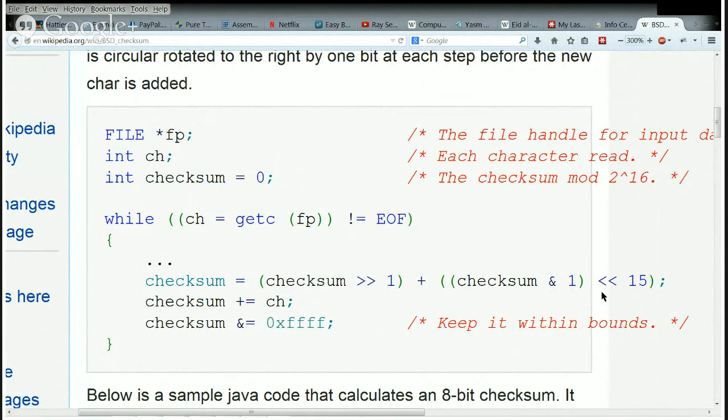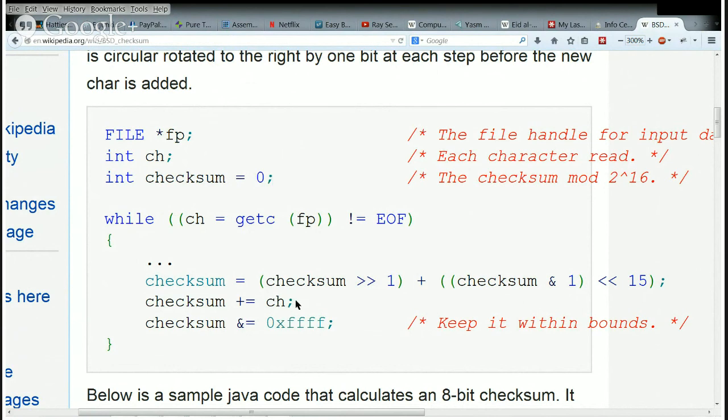That's a rotate. Which direction are they rotating it? They're rotating it to the right. They shift it right, and then they take the rightmost bit and put it on the left, and they're accumulating a 16-bit number. So the first thing they do is rotate the checksum, and they started it with a 0.